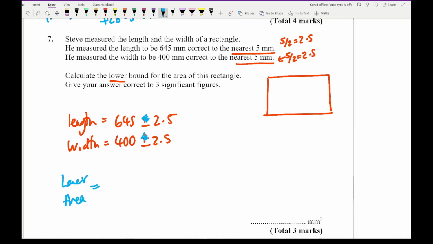is going to be 647.5. No, it's not. It's going to be 642.5 multiplied by 397.5. And if I type that into my calculator, so I've got 642.5 multiplied by 397.5, I get an answer of